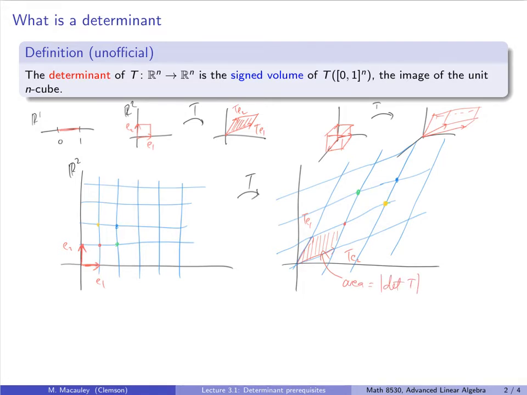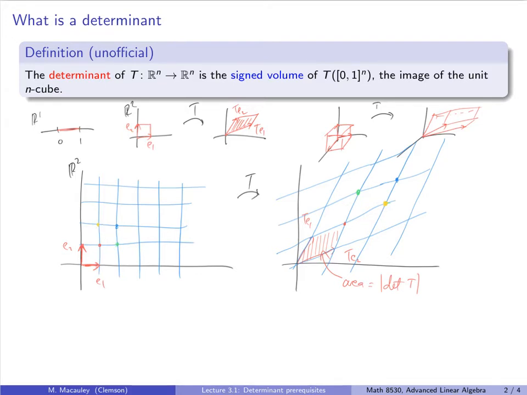And I say absolute value because I haven't told you if it's positive or negative. Now notice that in here we have a reflection. See, these things swapped orientation. So here we have E1 and E2, and here we have them in opposite order. In other words, these 4 dots, this green yellow is now over here was